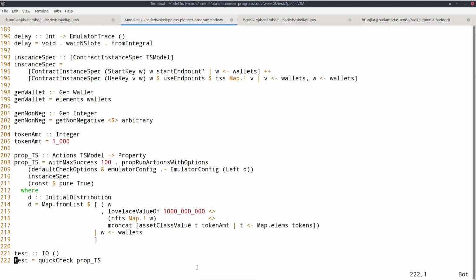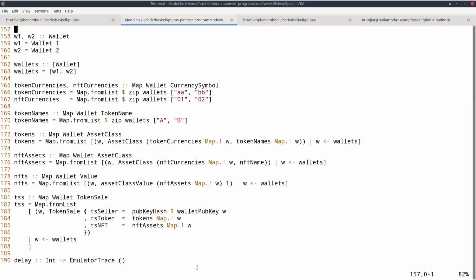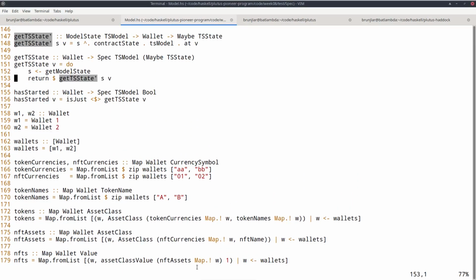This NFT is also something that I've defined down here. So this is just lots of helper definitions. We already saw the wallets. Then I just define currency symbols. Recall I said I want 2 tokens. So I need 2 tokens that are traded, and I need 2 NFTs for both wallets. So I just define them in some arbitrary way. The tokens that are traded will use currency symbols AA and BB, and the NFTs will be 01 and 02.